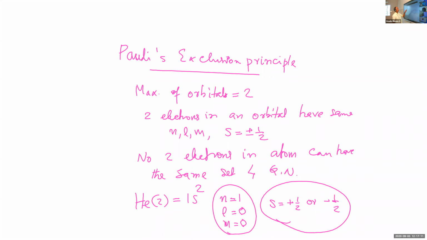So we can come to Pauli's principle. See here, the two electrons are not having the same set of four quantum numbers. At least one quantum number should be different. Here the spin quantum number, plus half and minus half, is different, although n is equal to 1, l is equal to 0, and m is equal to 0. So according to the Pauli's exclusion principle, no two electrons in an atom